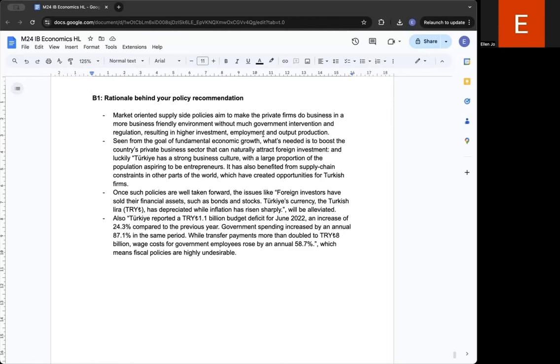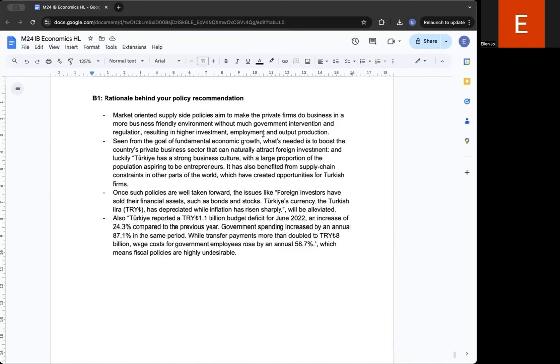And luckily enough, the text says that the country has a strong business culture with a large proportion of the population aspiring to be entrepreneurs. It has also benefited from supply chain constraints in other parts of the world, and so on. So it can be one logic. So you can argue that once such policies are well taken forward, issues like foreign investors selling their financial assets, such as bonds and stocks, the currency depreciating, and inflation rising sharply,